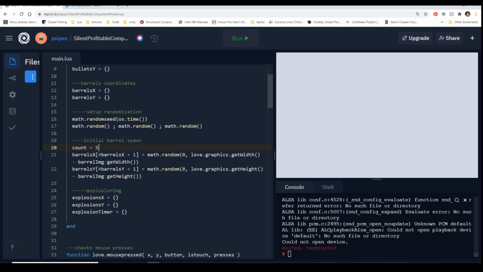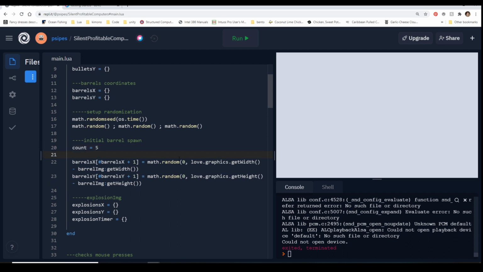It's just once you start noticing that, oh, I'm writing this same exact code a lot of times, that's when you probably want to make a function. Because it's easier when you have to go back and edit, to just edit one thing instead of having to find everywhere you put the thing in. So in this case, we want 5 barrels. So we're going to give a count of 5. We're going to say, hey, while count is greater than 0, do. And we're just going to do this.